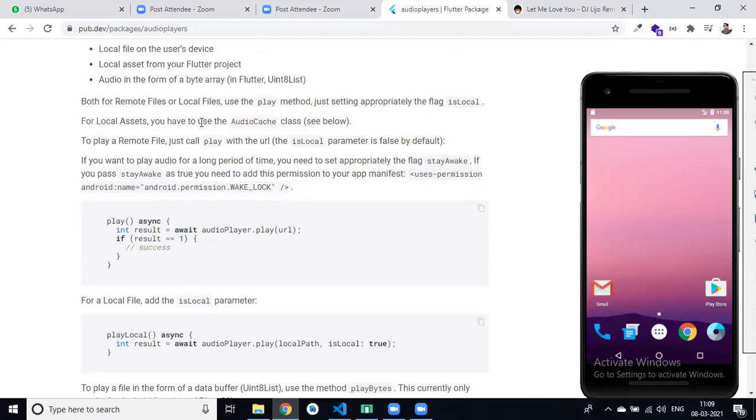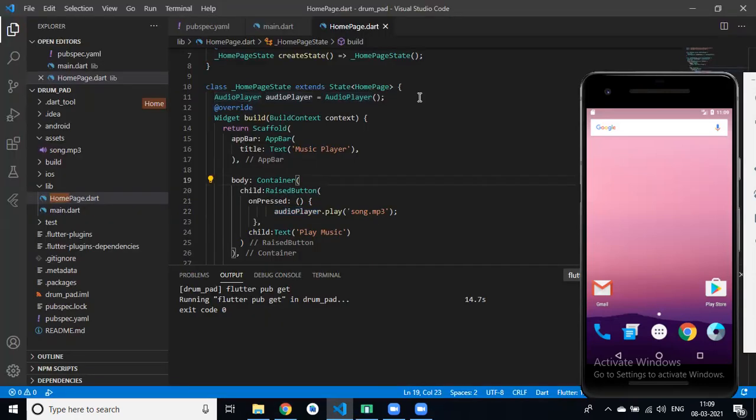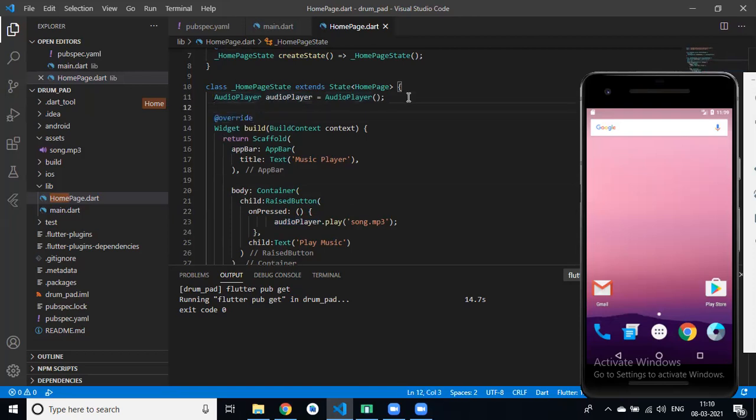So first you have to use the audio cache class. First you have to use the audio cache class. So simple, first here we have an audio cache, then player is equal to new audio cache.